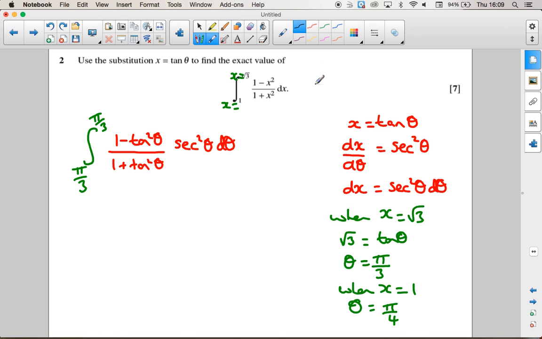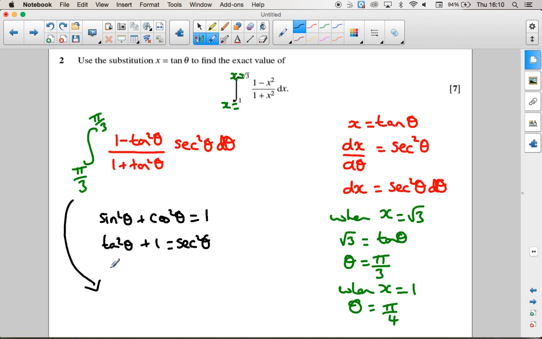Well, we also know a link between tan squared and sec squared. We should hopefully definitely know that sine squared theta plus cos squared theta is 1. And so because that's true, if we divide all of these terms by cos squared theta, we get that tan squared theta plus 1 equals sec squared theta. So you can see now